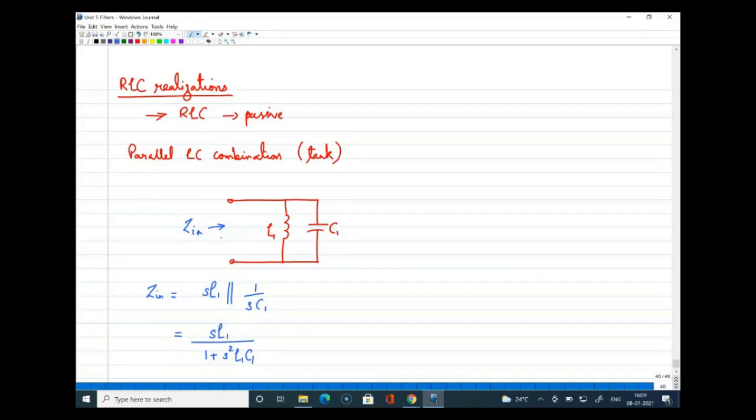Now from the input impedance, I want to look at the poles of this. Input impedance is again a function of S. How will you write input impedance? Input impedance is basically the input voltage divided by the current, so the current at the input terminal by the voltage. This can also be viewed as a transfer function measured at the input side. So if I look at the poles and zeros of this transfer function, on the sigma and j omega axes, can you tell me how many poles are there and how many zeros are there, and what are their locations?